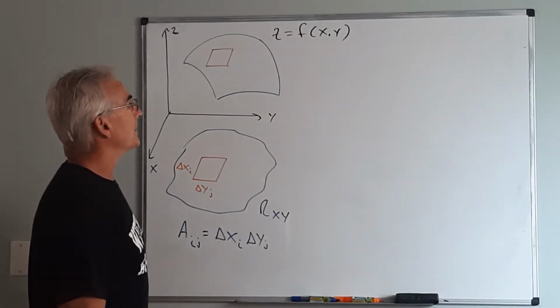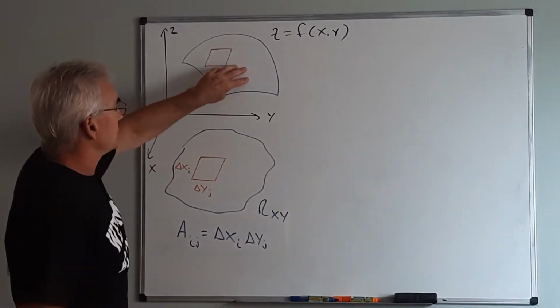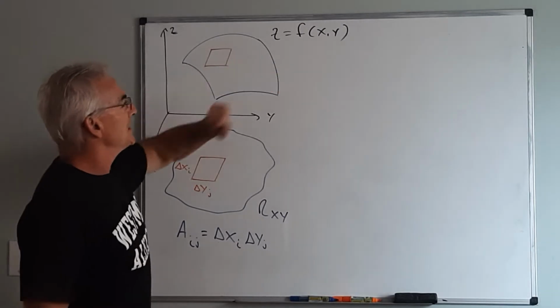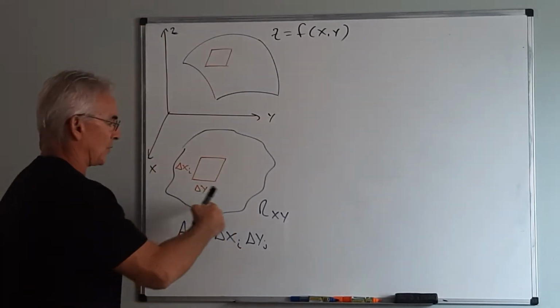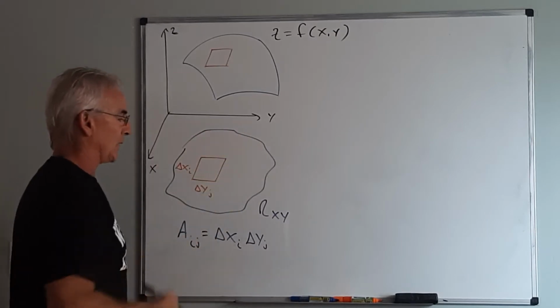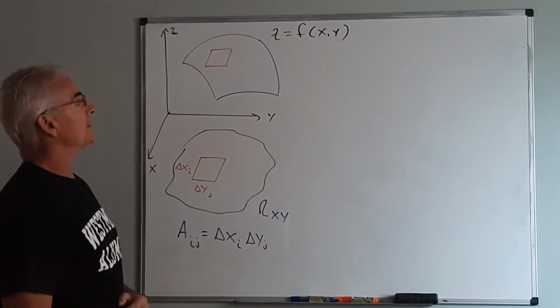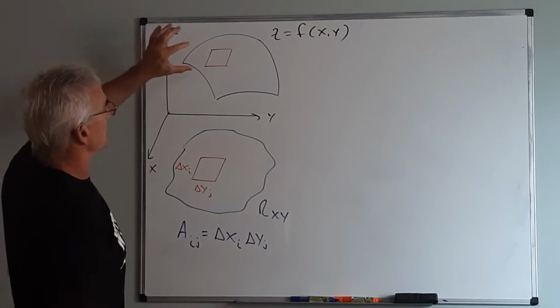We would like to find the area of a surface in 3 dimensions. Picture that we have z equals f of x, y, and when I project it down onto the xy plane, this would be our region in the xy plane. Now, in order to find the area of the surface, the simplest way is to imagine we split it up